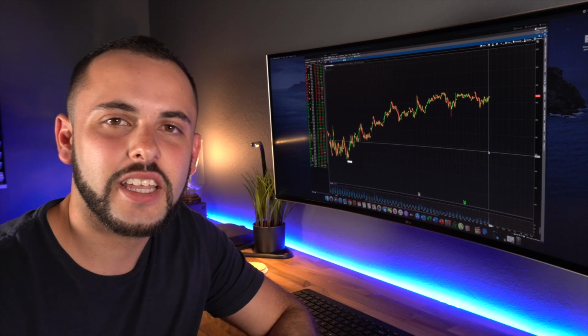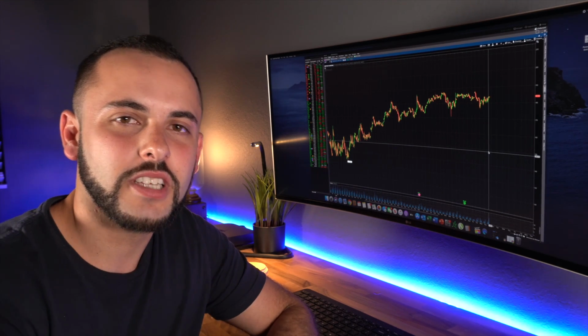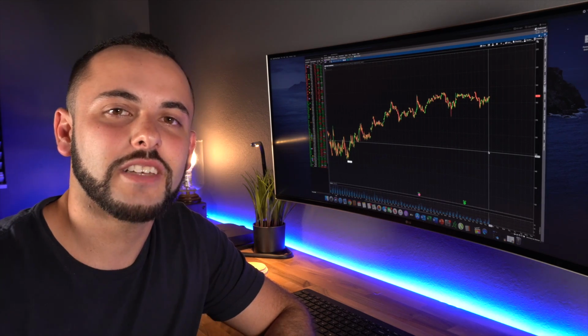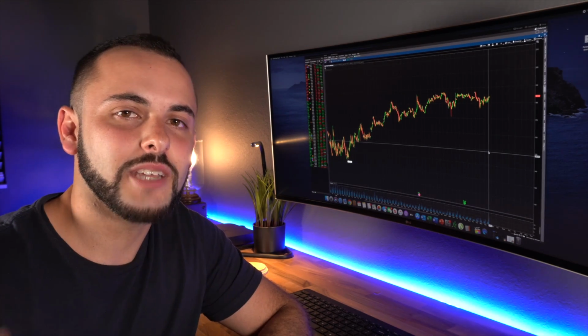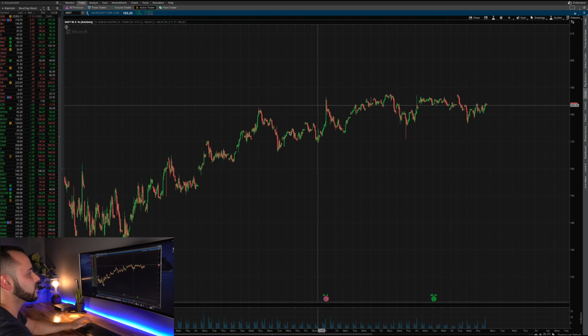Alright guys, so I got the charts pulled up. What we're going to look at is the 90-day 1-hour chart on Microsoft so that we can find that channel that I was referring to. Now I'll show you where I purchased the options and where I sold the options, but what I want to focus on is the actual technical analysis so that you guys have something to take away from this video and implement into your trading. So if I look at the chart here, what I'm looking for is